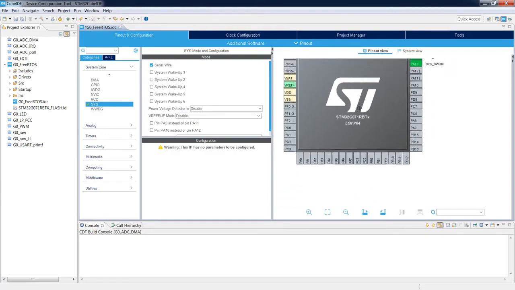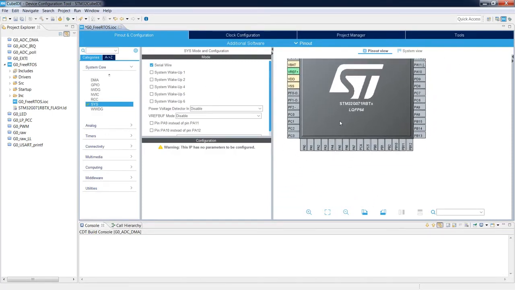The second step is a proper configuration of the IOs we will use. The first one is PA5, where we have our green LED connected. If I put PA5 into the search, I can see the blinking PA5 pin, just to find it more easily.